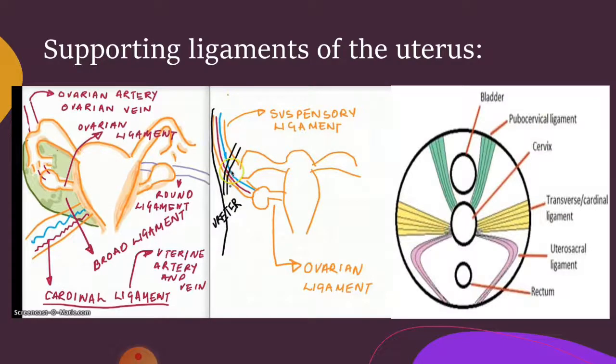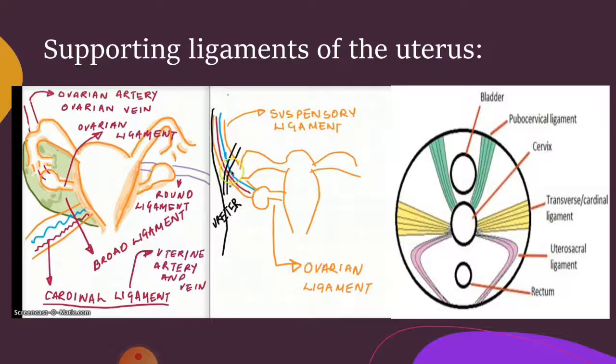The first topic that we are going to study is the supporting structures of the uterus. As you know, the uterus is lying within the pelvic cavity, so definitely it will need supporting structures to keep it in place. And these are the surrounding organs, the muscles of the pelvic floor that we have already discussed, and the ligaments that will suspend it from the walls of the pelvis, and we will discuss these ligaments today.